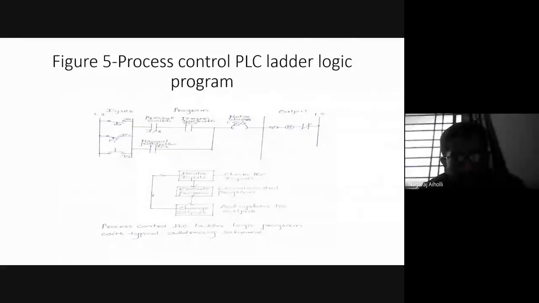Monitor the inputs, check for the inputs, then execute this program, the ladder program, keeping the PLC in the run mode. That is like how you execute a C program, right? You run the C program, is it not? Then you get the required output. So this complete process is called the scanning or the scan cycle. Okay.